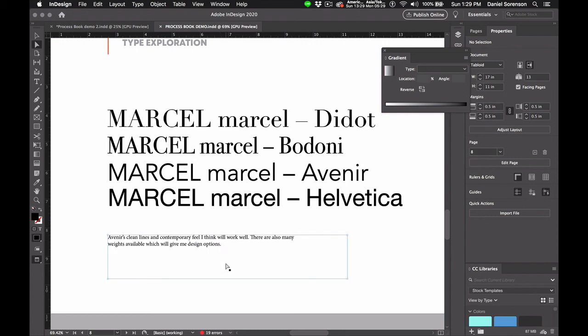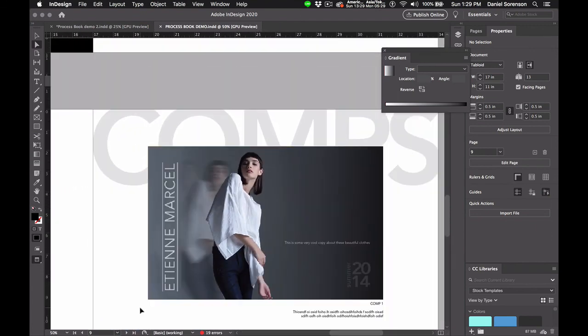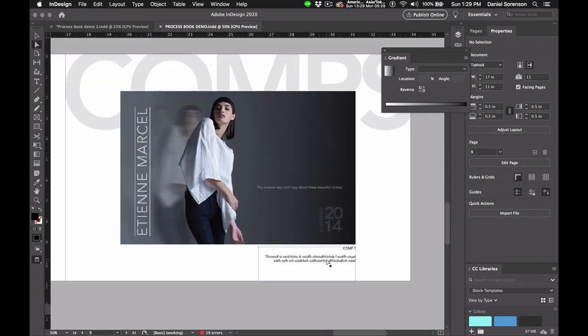Avenir's clean lines and contemporary feel I think will work well. There are also many weights available which give me design options. So I'm going to go with the Avenir. I'm using the large oversized type again on this page to add interest and to make it less expected. And then this caption really is notes I got during the critique